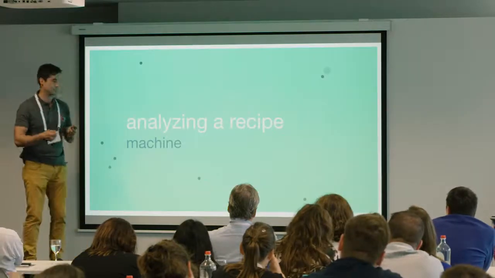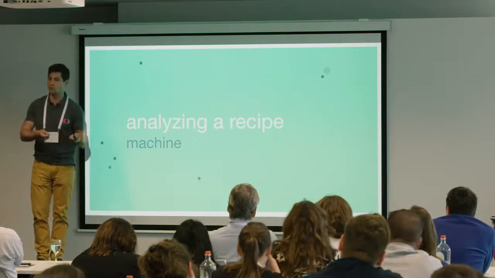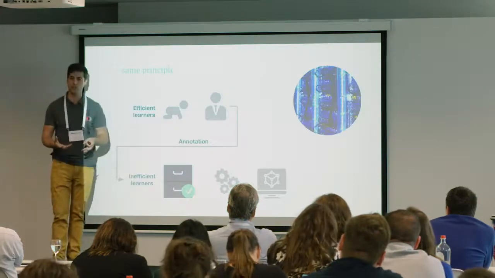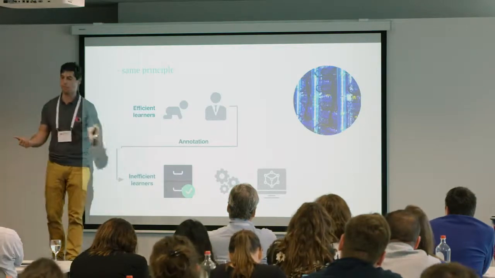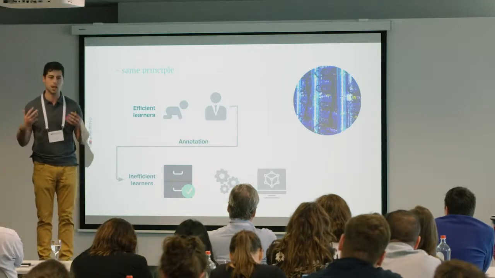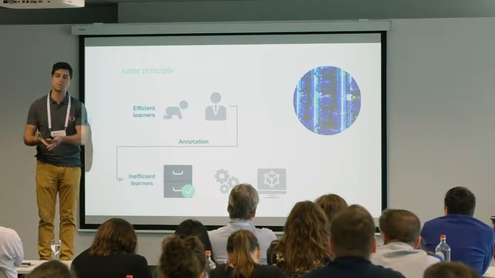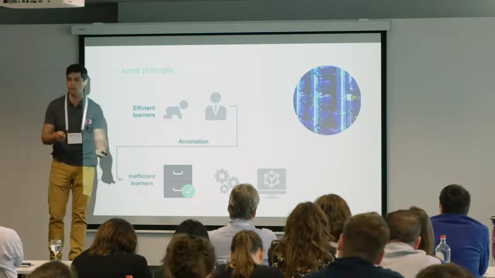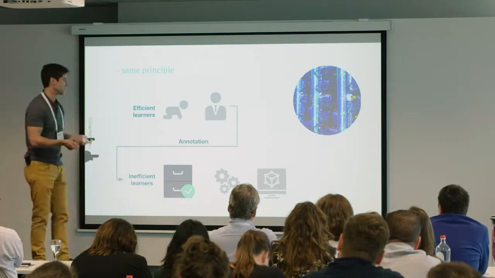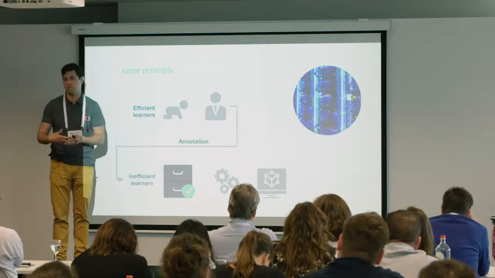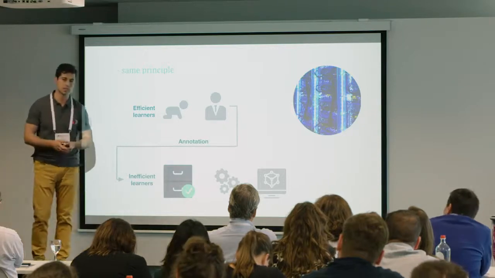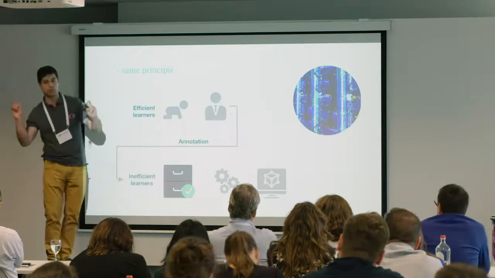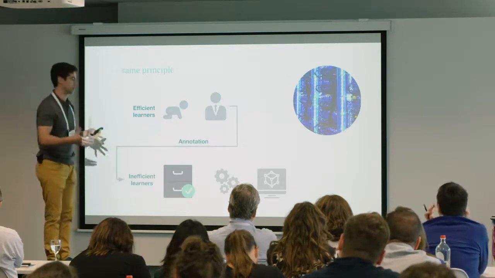So with this in mind, this is exactly how we at Foodpairing train our machines to do this as well. So we have the efficient learners, the people who have tons of experience, who get taught things right away. We used those people to tag ingredients and tag recipes along a certain taxonomy. And with that, they come up with thousands, tens of thousands of examples. And using those examples, we can then train our inefficient learners, our machine learning algorithms here at Foodpairing, to do